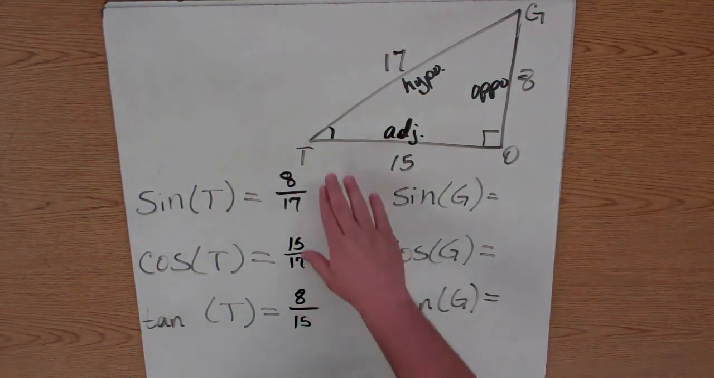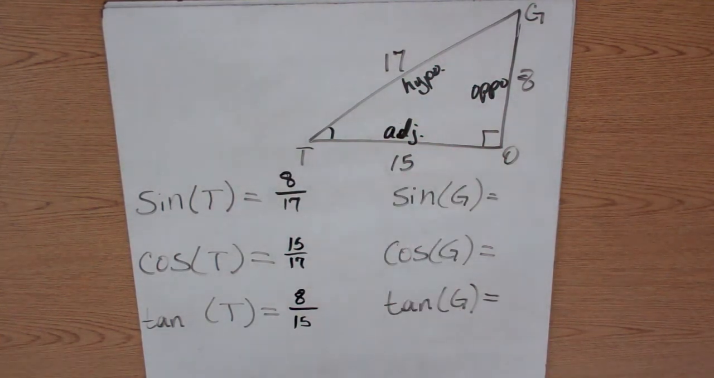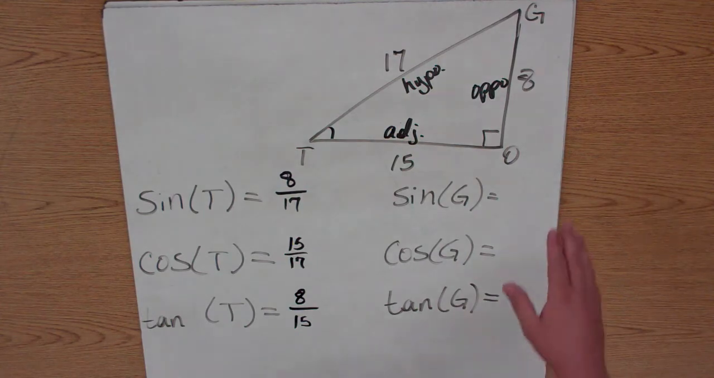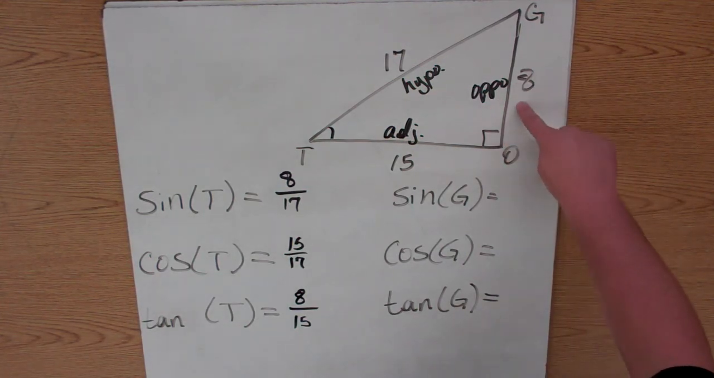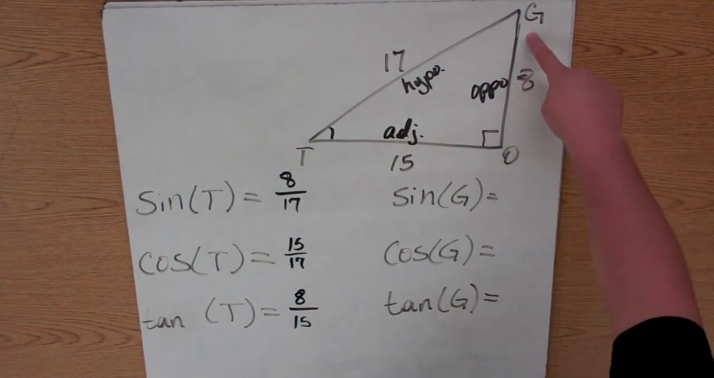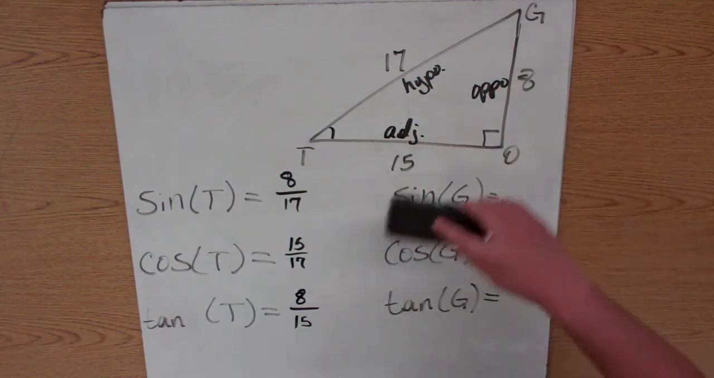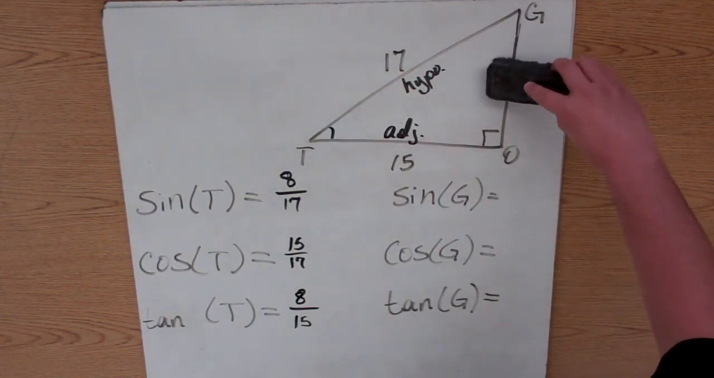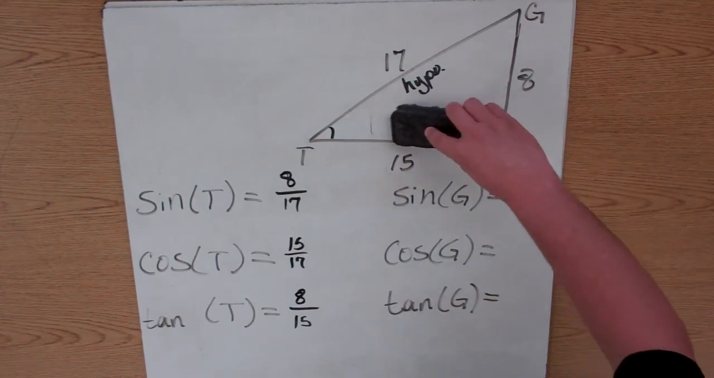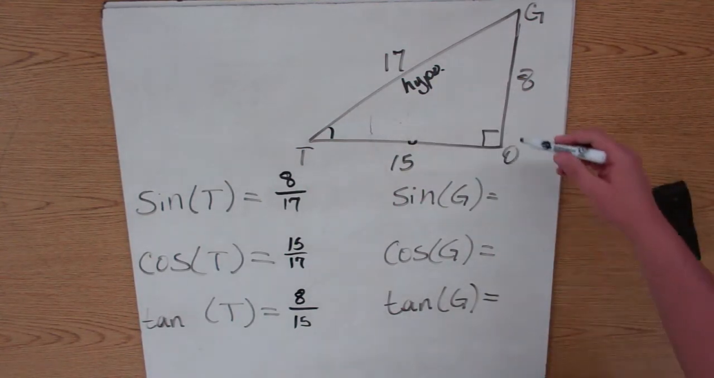Now, all of that was in relation to t, which is what our original example was. But now let's look at g. When you're dealing with angle g, the opposite side is no longer this side, because this is now the side next to angle g. So instead of this being the opposite side for angle g, it is now the adjacent side